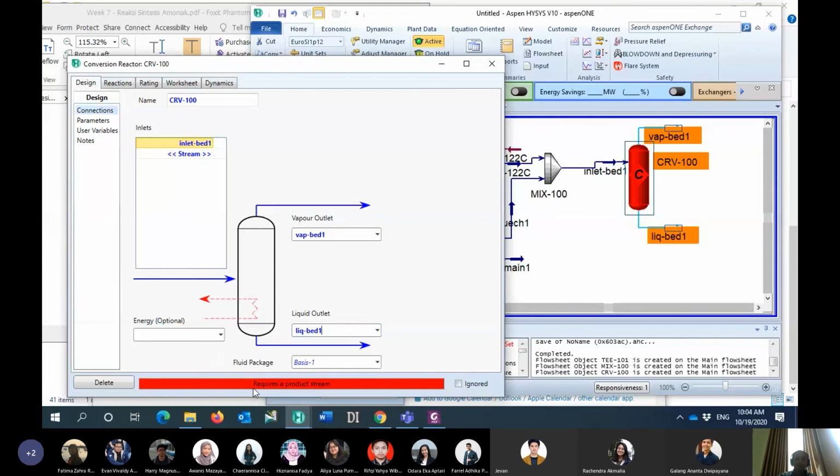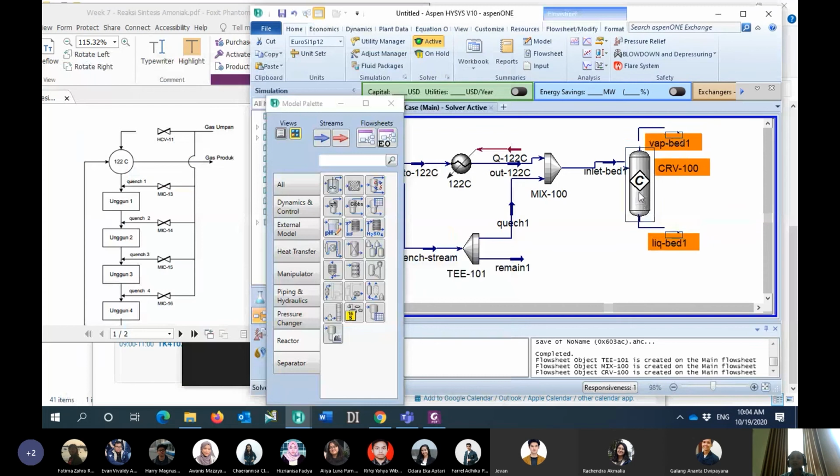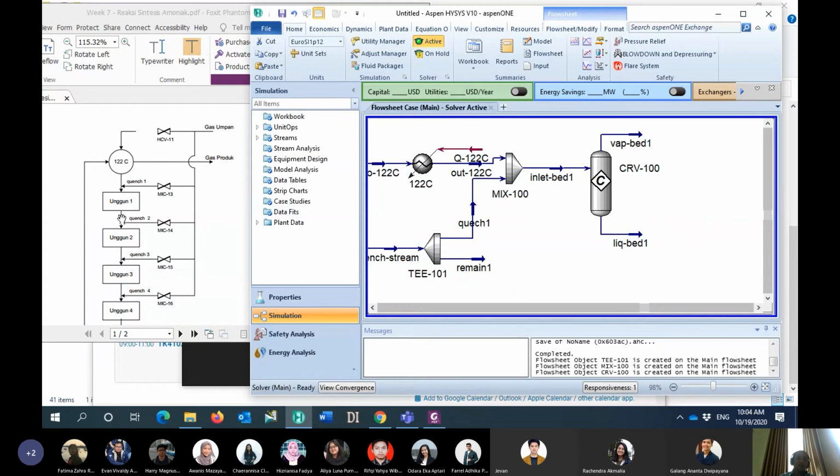It mentions it requires a reaction set. Yes, we can go in here and select reaction set number 1 that we defined for bed number 1. After that it will be ready.